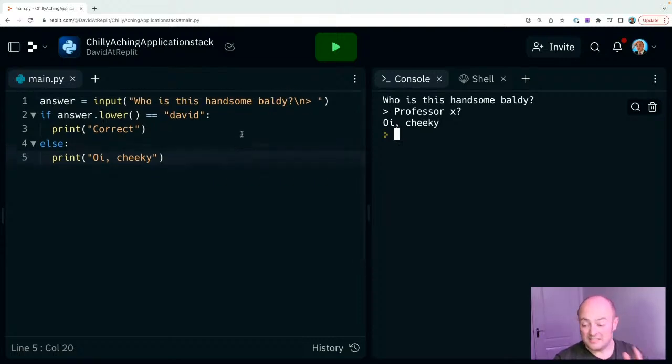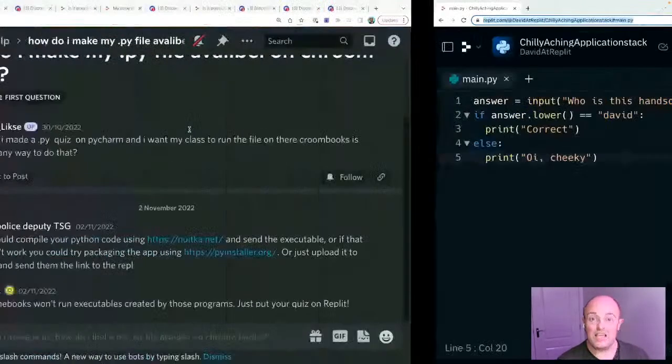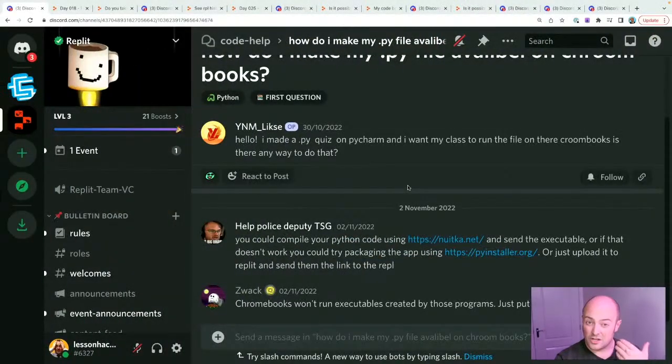Well, the nice thing about Replit is you can literally take that address there, copy that, and send it to someone, and they will see the cover page for this REPL. They'll be able to click run, and they'll be able to see your code executing straight away. So if you do have code that you want to share with other people and you want them to run it, put it in a REPL and just send them that link and make sure that the REPL is public.